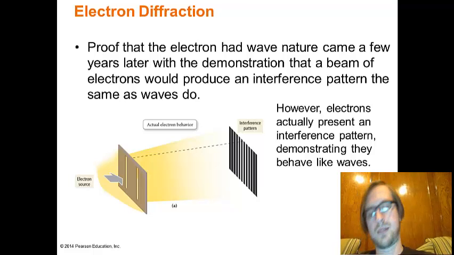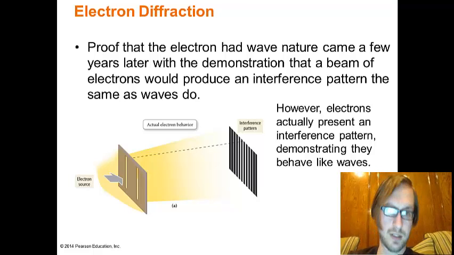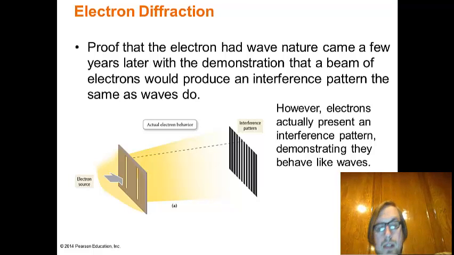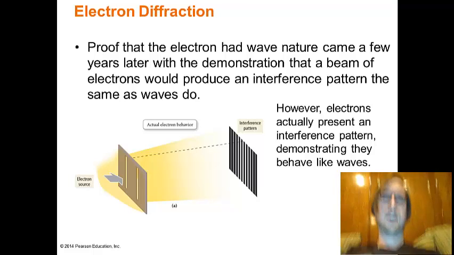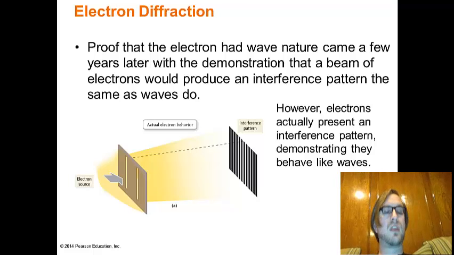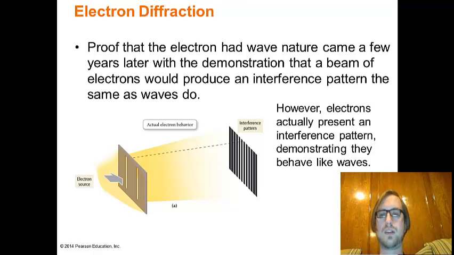They tend to hit in some spots much brighter than others. We get constructive interference where they tend to hit, and destructive interference where they don't. And it's even crazier: it's not just the electrons interfering, it's not them reacting with each other. It's not just something about them both being negative and repelling. Even if you fire one electron through, detect where it hits, fire another electron through, detect where it hits, and do this one electron at a time, and then graph out the results, they still hit in the interference